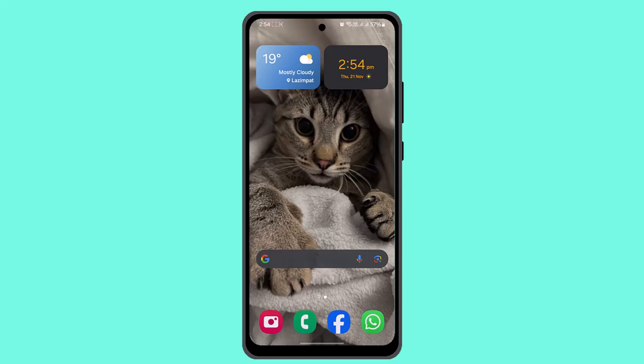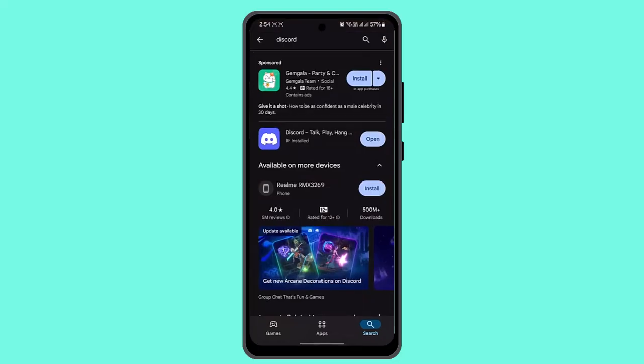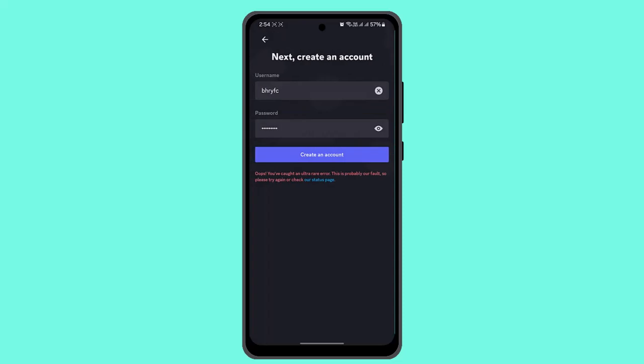Today I'm going to talk about the ways to get Discord on your mobile. So for that case, you have to open up the Play Store. In the search box, type in Discord and install the application. Once the Discord application is completely installed, click the open button, and now you need to go ahead and start